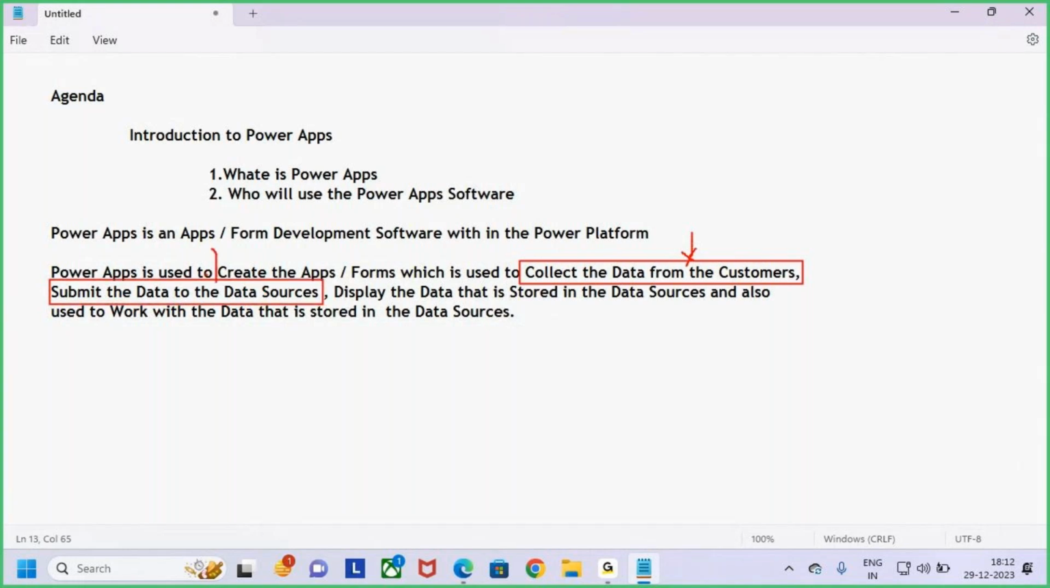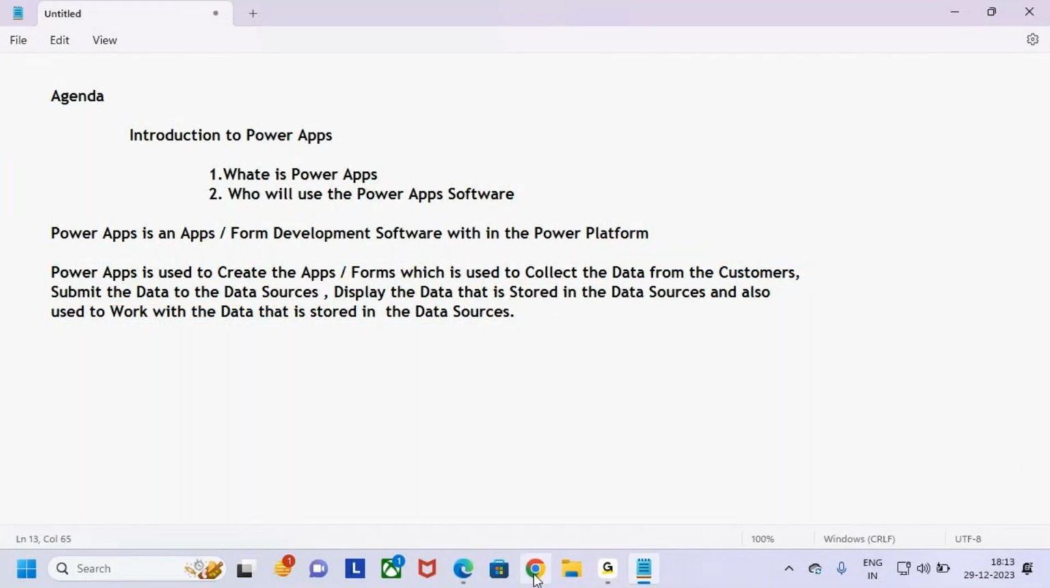Now, how to submit the data to the data sources? Try to understand, guys, once the data is collected from the customers, I want to submit that data to the data sources. Now, how to submit it? Now try to understand,